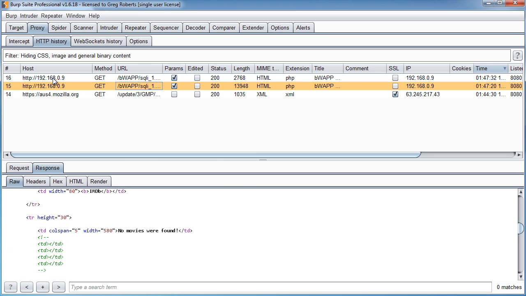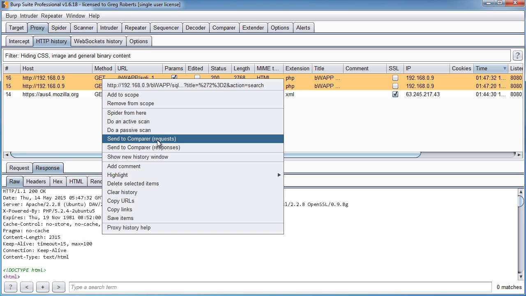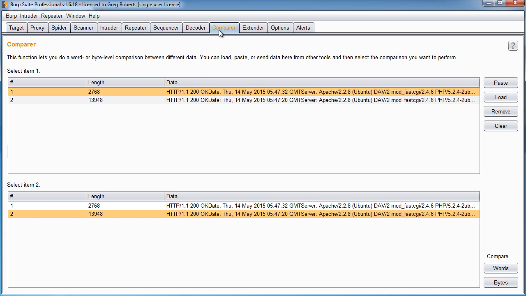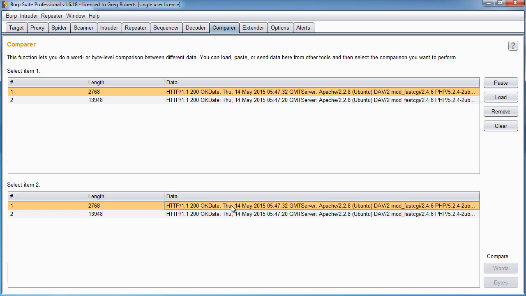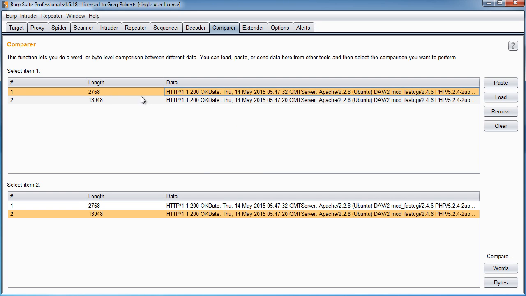So I'm gonna select any two of these items and I'm just gonna right click them, and then I can say send to compare. Now it's gonna say, okay, do you want to compare the requests that you made, or do you want to compare the responses that came back from the server? And I'm just gonna say let's compare the responses. Now in Compare, what you do is this top list and the bottom list, they have the same items in it. So this right here is our first request, and this would be the first request too. So don't select the first one from each list or the second one from each list because they're the same. So select list item 1 and then list item 2 from 1 and 2,